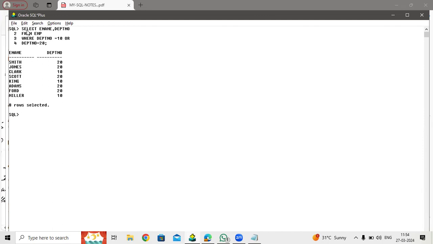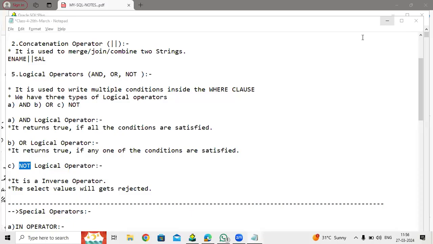So this is the syntax. Copy this. So now the NOT logical operator, and write two queries. Write a query to display